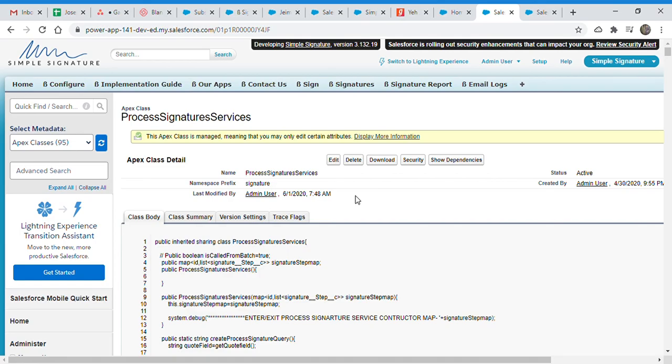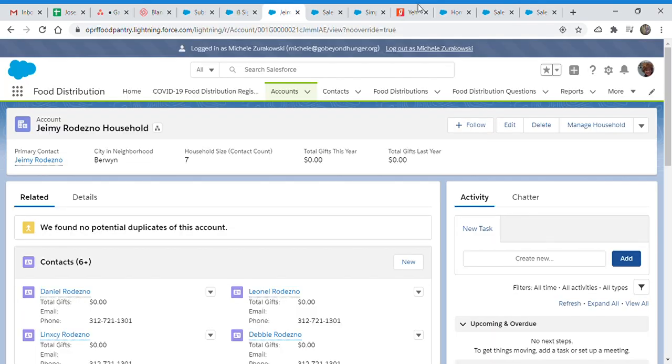So I checked the debug and there is no error, but the getContentAsPDF method of the PageReference class does not return anything but a blank blob value, which means a blank PDF. So there is something in the setup. I think there is something wrong in the setup, or maybe a version thing or something. But I'm looking into it.